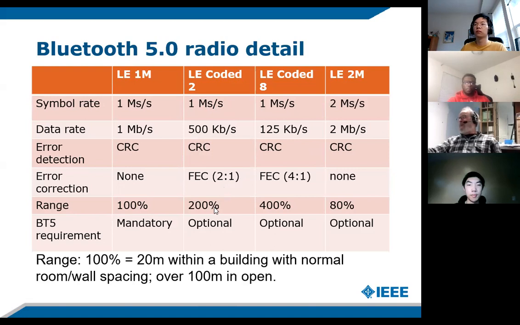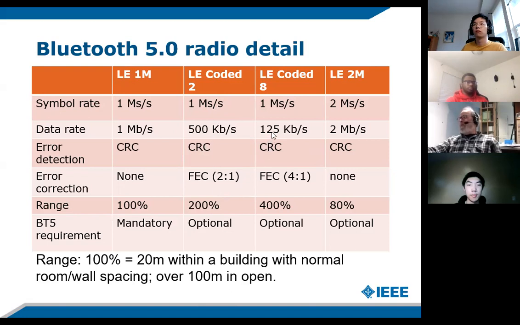We basically double its range. Instead of being 20 meters inside a building and probably 100 meters outside, it's now 40 meters inside a building and a couple of 100 meters out in open space. And that's an optional longer range.